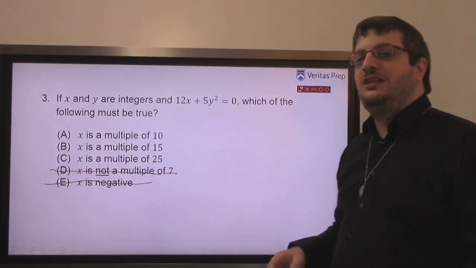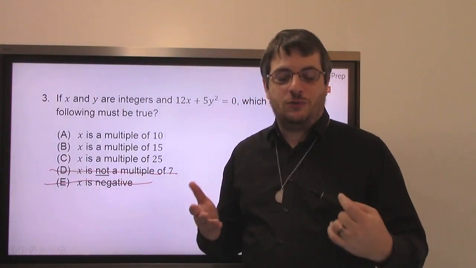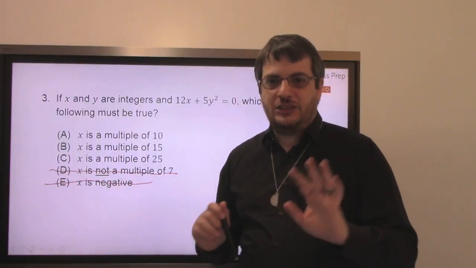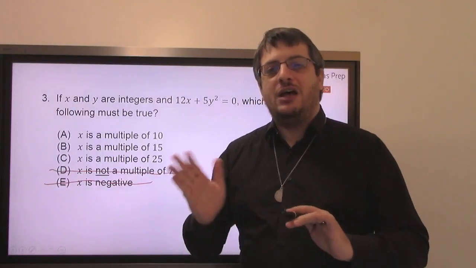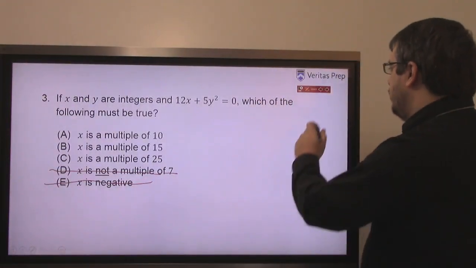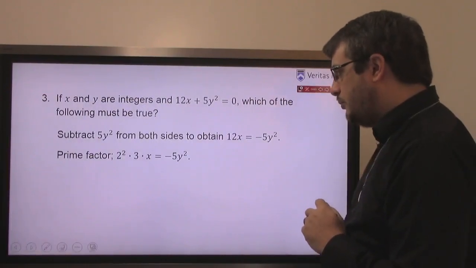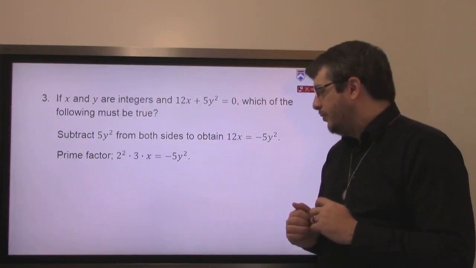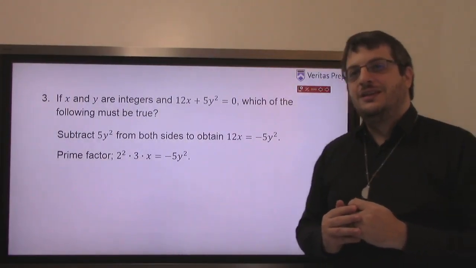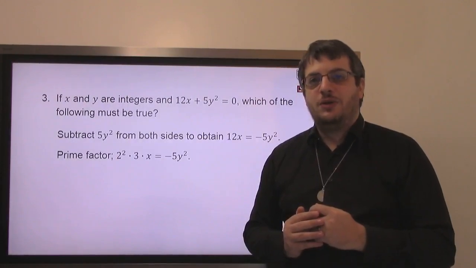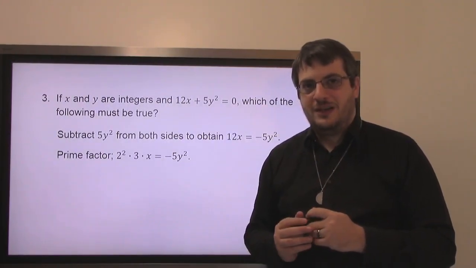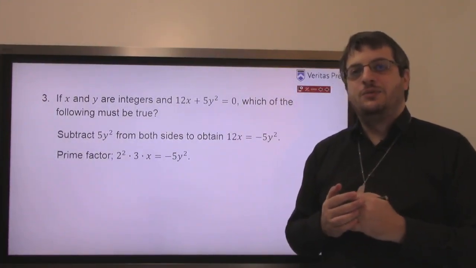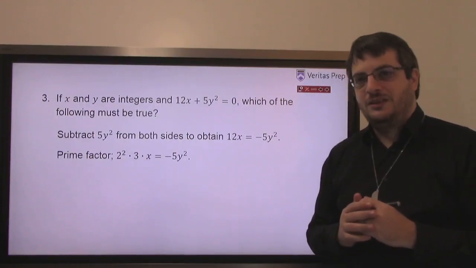Now, I've got this addition here, and it troubles me a little bit because number theorists don't really add. Remember, they multiply. There is one tool that number theorists have for addition, and I'll show you that tool later. But for now, I'm just going to try and avoid the issue. I'm going to move the 5y squared to the other side. And when I do, I get 12x equals minus 5y squared. And now I don't have to worry about any more addition. At which point, I will also go ahead and prime factor, right? And 12 is 2 squared times 3. So I got 2 squared times 3 times x equals minus 5y squared. Everyone good with this so far?